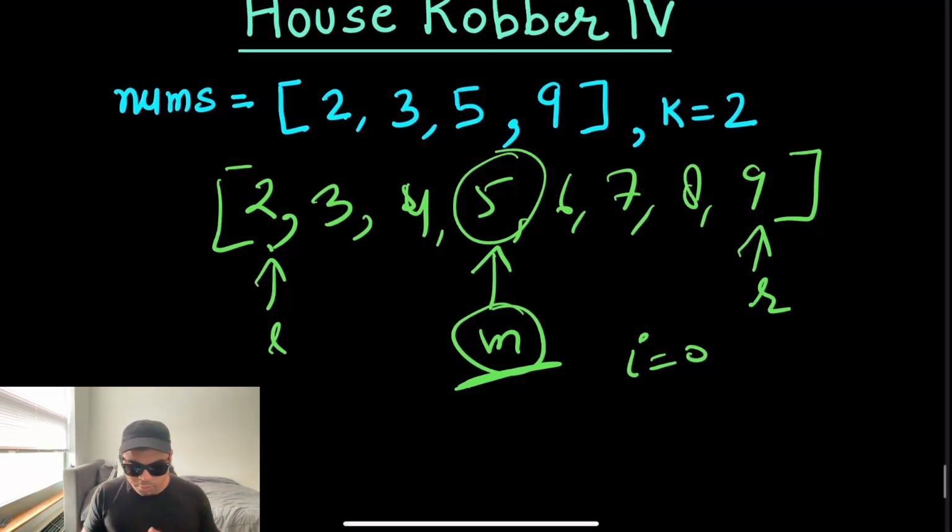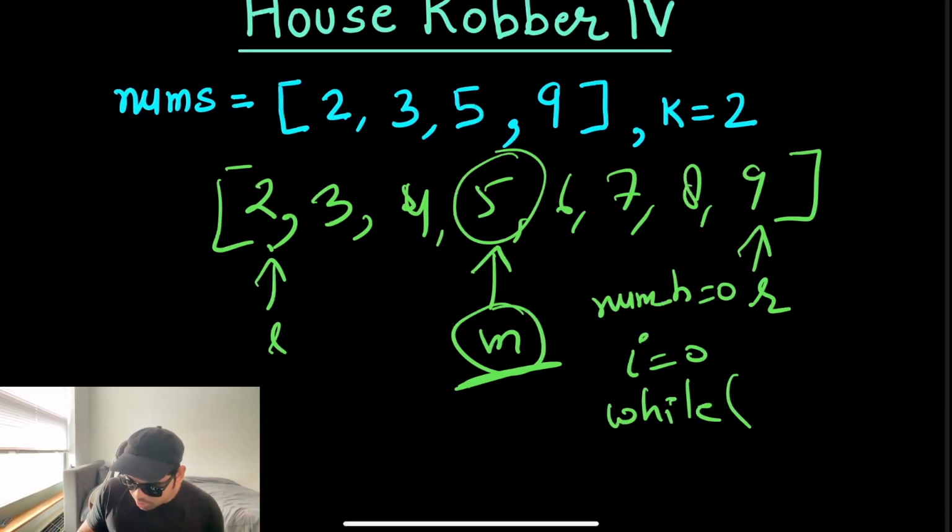What we are really trying to do is calculate the number of houses that we can steal from. So we'll have num house, numH, initially 0, i is 0, and while i is less than len(nums),